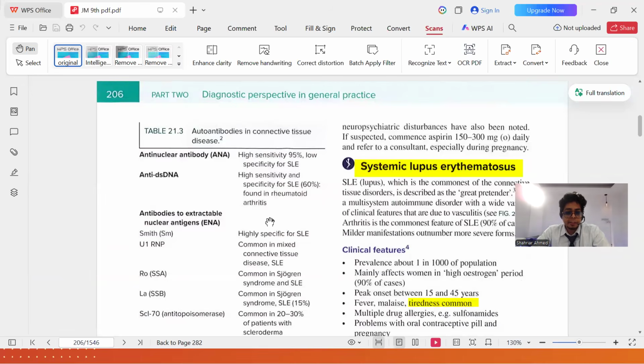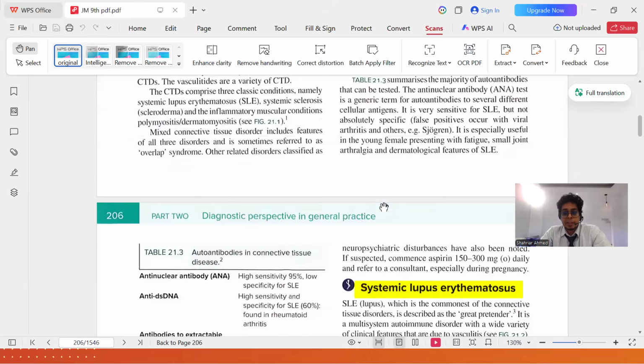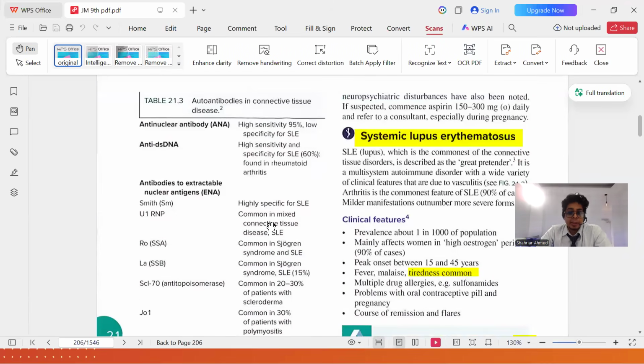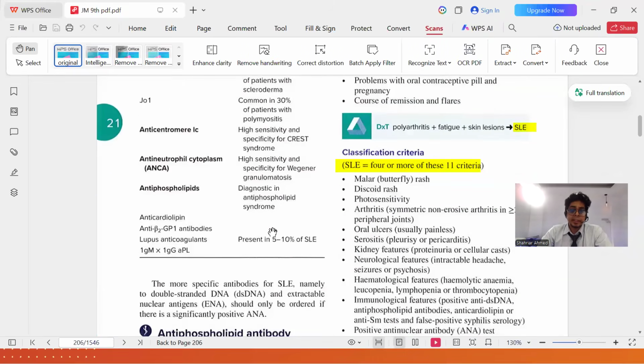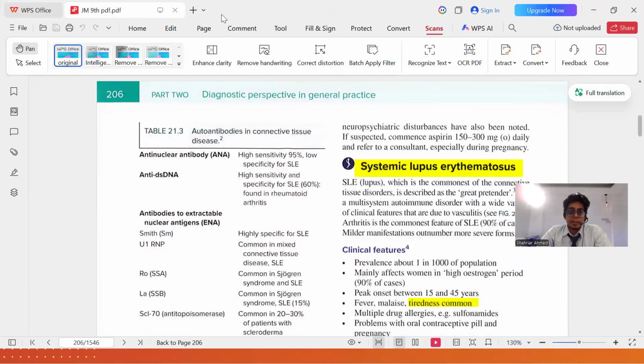One more thing in a different page, page 206. Sorry about that. Normally it is 275, but 1 to 3. This is one good and bad thing in John Muttak. Different things are given in different pages because they discuss them as a clinical problem. Now this serological part is also important for you, everyone.